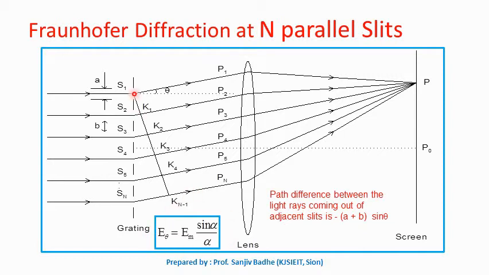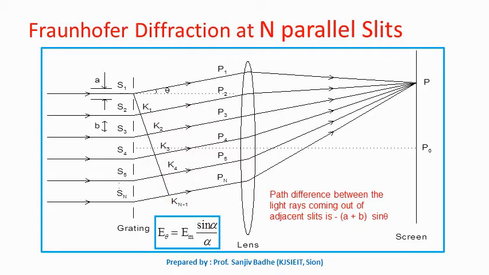So all the light waves diffracted from slit number 1 can be replaced by only one light wave diffracted from the center of this slit. S1 is the center of this slit. Similarly, all the light waves diffracted from the second slit can be replaced by only one light wave diffracted at an angle theta from the center of this slit, S2 being the center, and so on. So our problem is reduced to n number of waves diffracted from n number of slits. The amplitude of all these n waves we know.